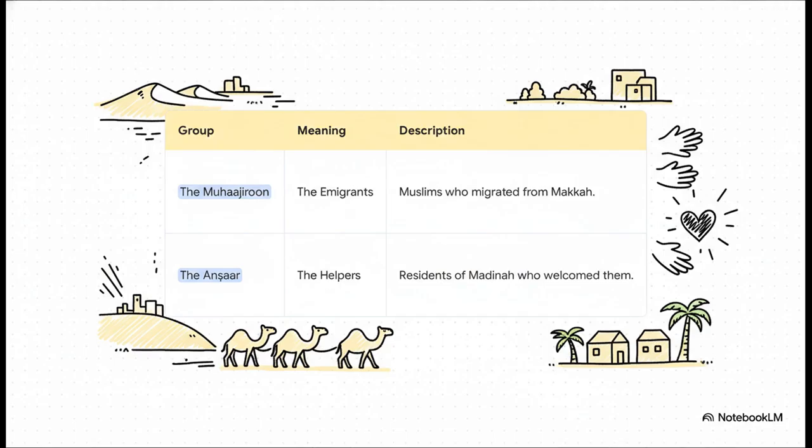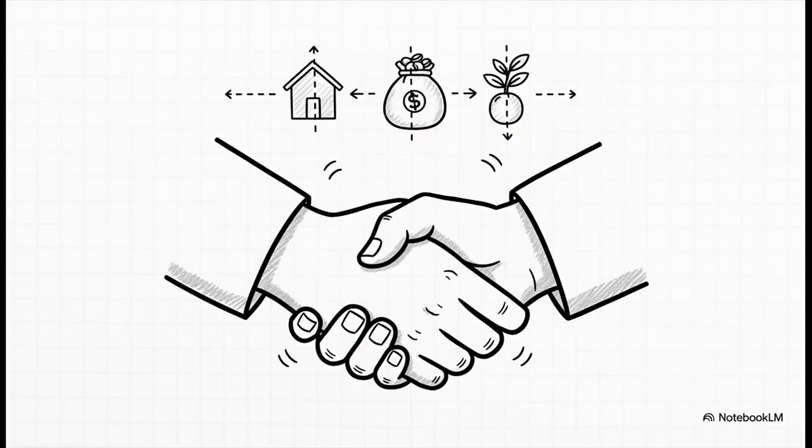They were the residents of Medina who welcomed them in. The textbook highlights what happened next as this incredible act of social solidarity. It was a pretty radical new socioeconomic model for its time. A formal brotherhood was set up, pairing each family of emigrants with a family of helpers. And get this, the Ansar offered to split everything they owned, homes, businesses, savings, right down the middle with their